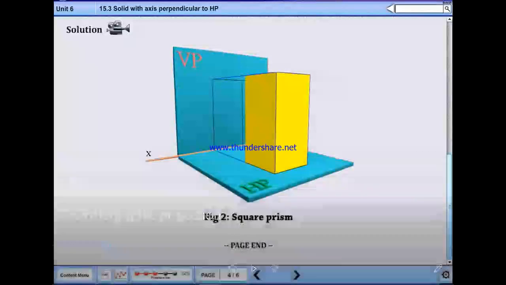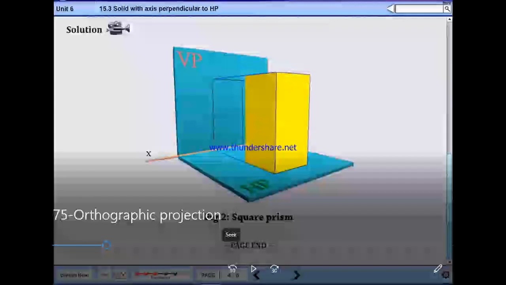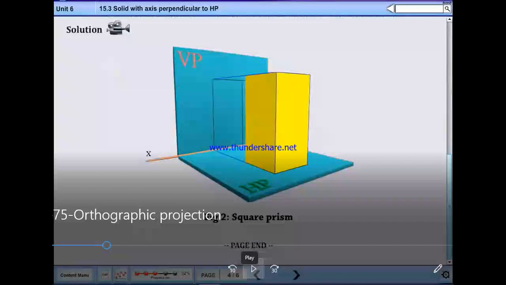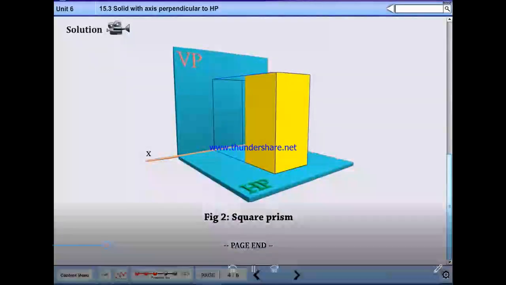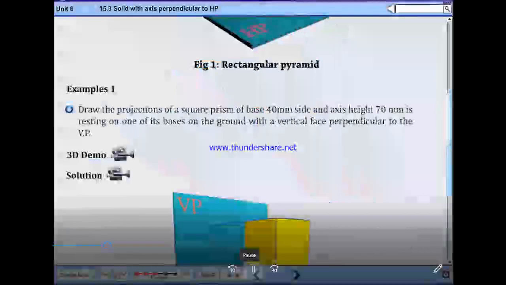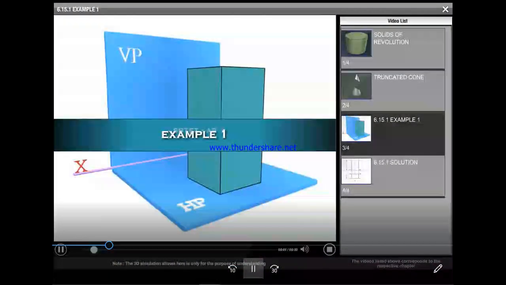Note on the figure, square prism. This will be explained with a 3D view and its solution. Example problem 1.